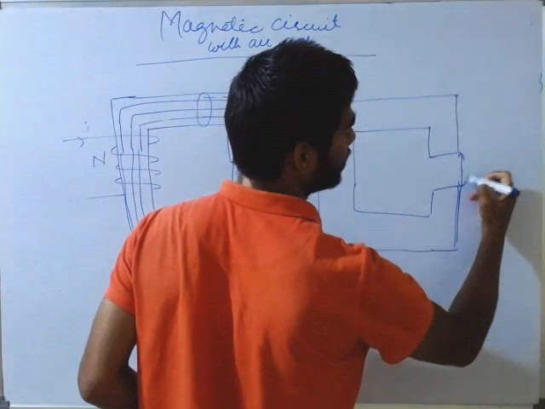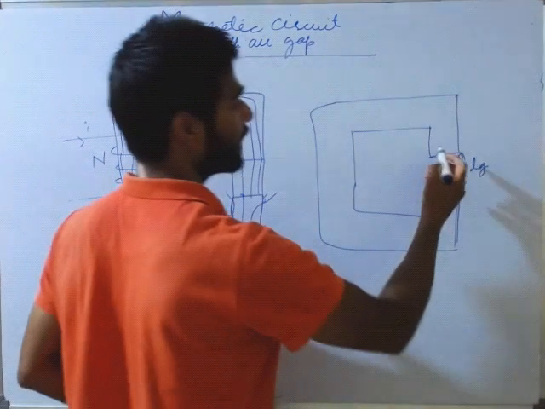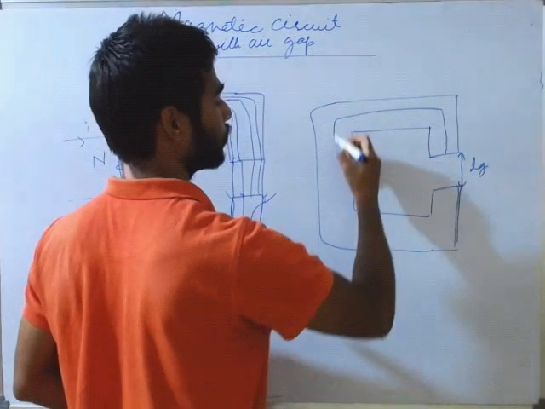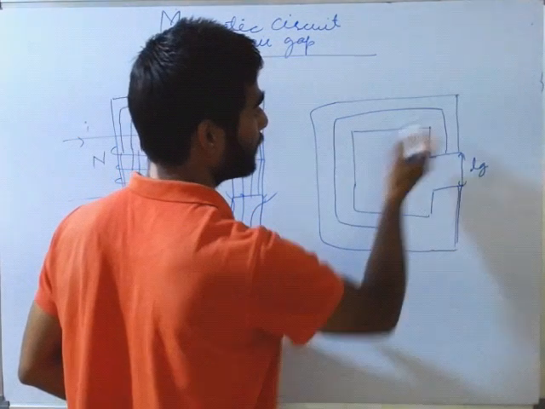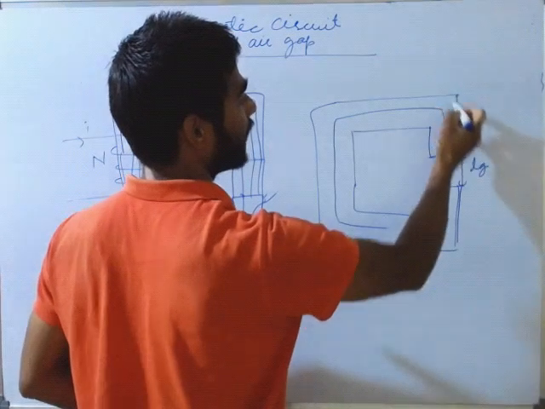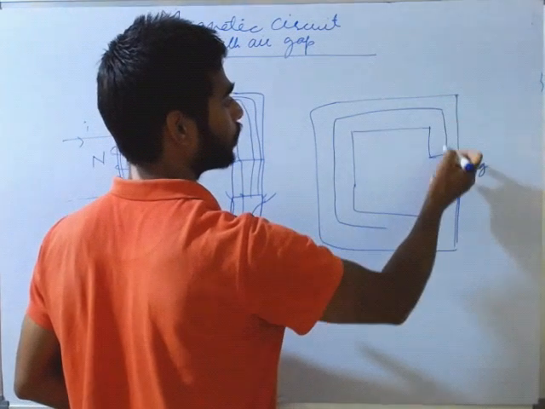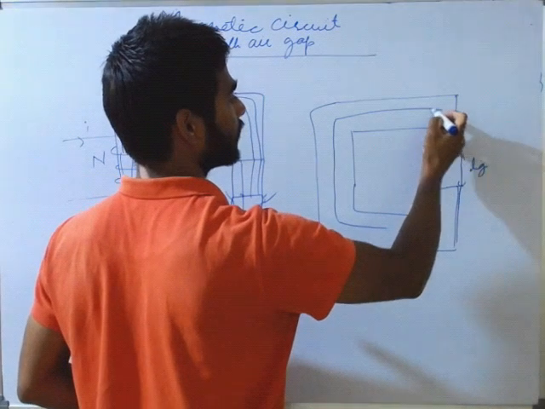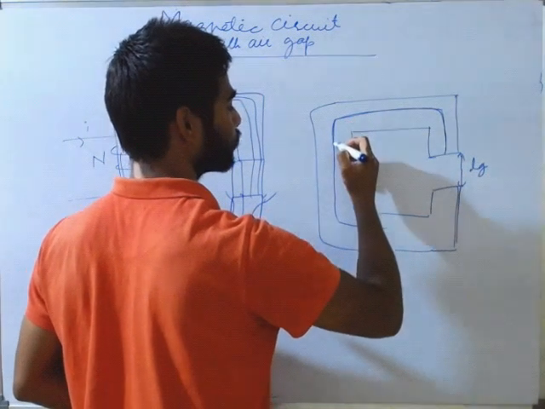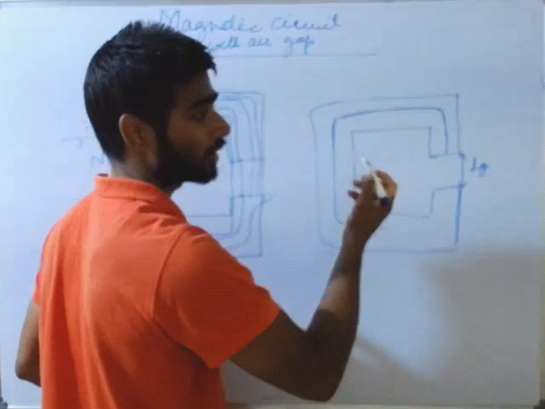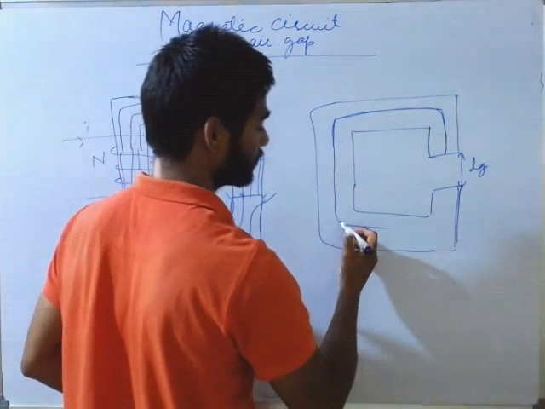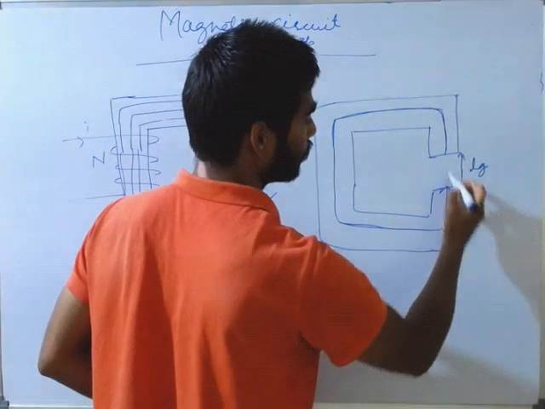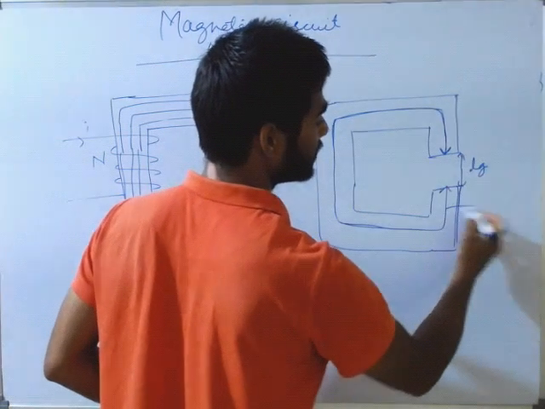I am saying mean length of core, which means I am taking the length from the middle, neither from the top nor from the bottom. I am taking the mean length of the core. That is what we require for calculating the reluctance. So this is the mean length of core, that is Lc, let's say,